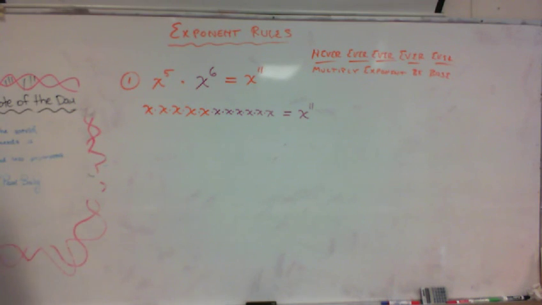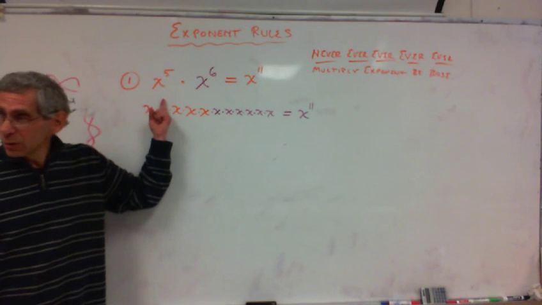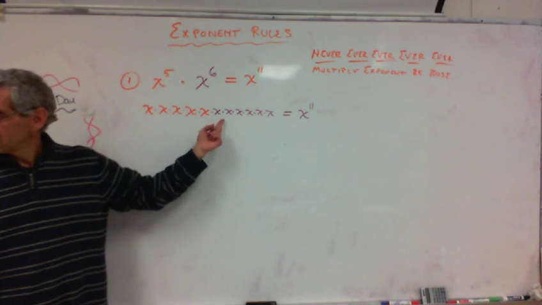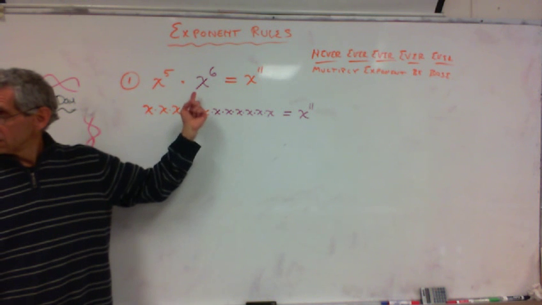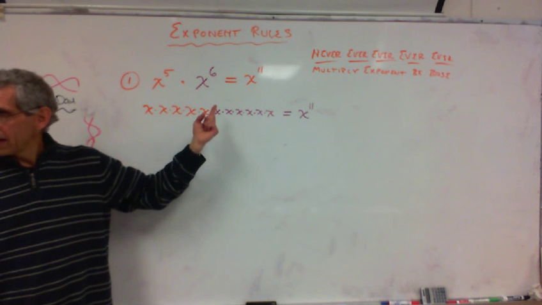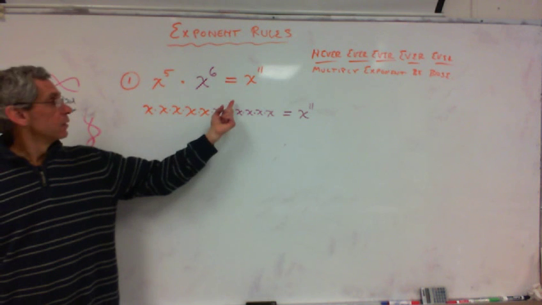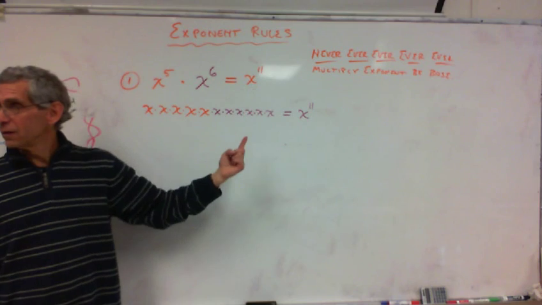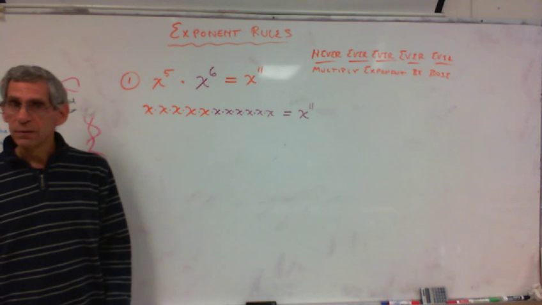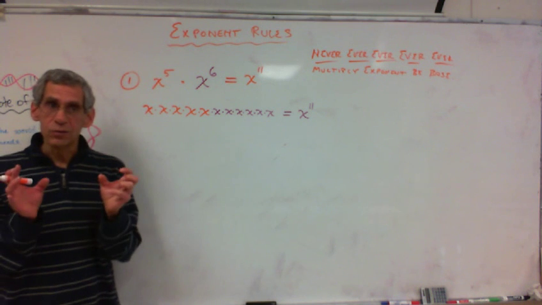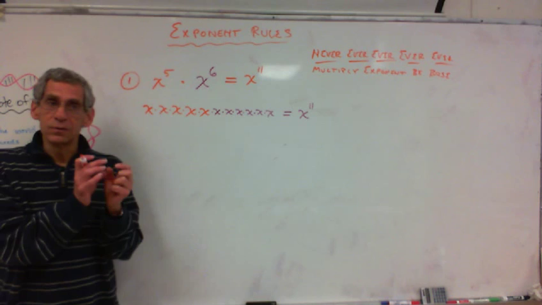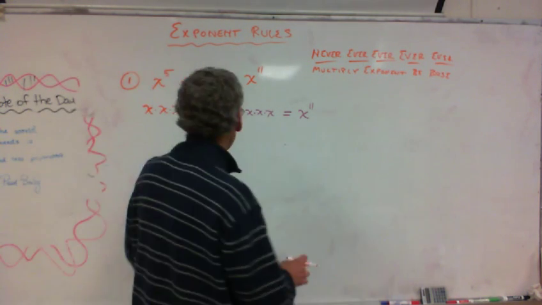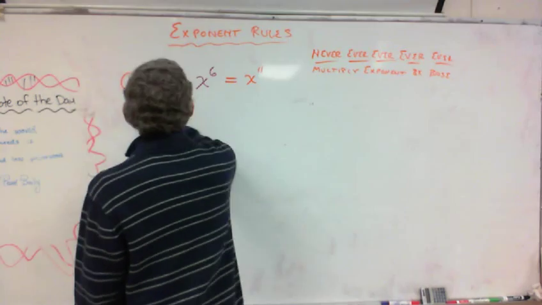That's interesting. Now let's think about this. We are multiplying same bases, x and x, that have exponents, but we're adding the exponents. And that's the answer, x to the 6 plus 5, which is 11, right? Interesting, right? You multiply same bases with exponents, but you add the exponents. You don't multiply the exponents, you add them. Okay? All right, so with that in mind,